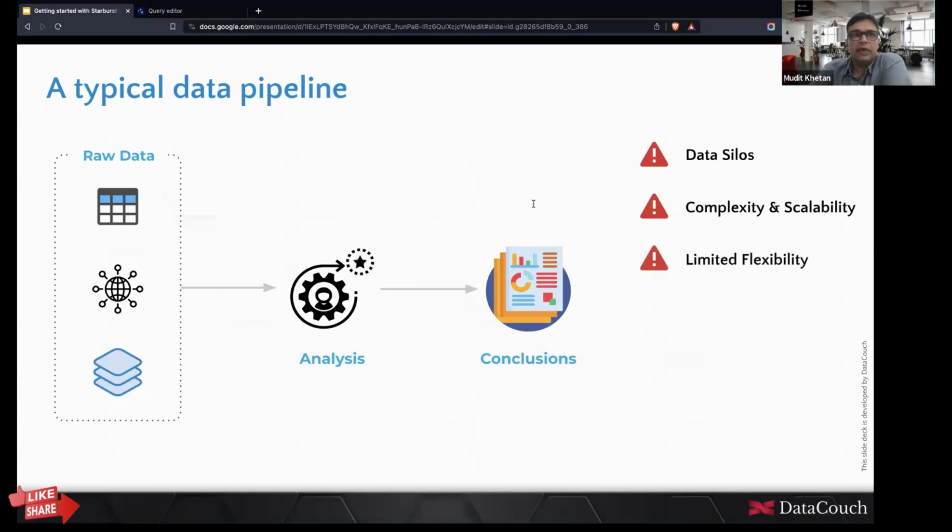The next problem is that the flexibility of current systems is quite limited. For example, some systems are geared to process a bulk of data that is coming into them, and that bulk of data can be in any format. These are typical data lakes. Other systems have been fine-tuned to process structured data, and transforming and extracting that structured data is quite easy for those systems because they have been fine-tuned for that particular use case.